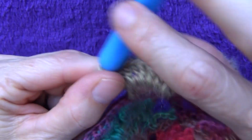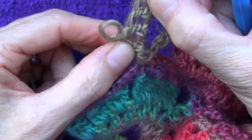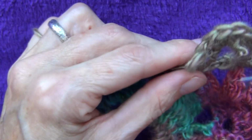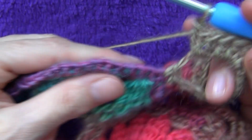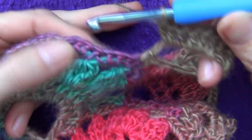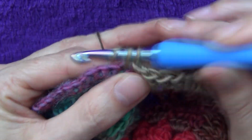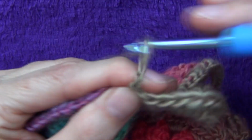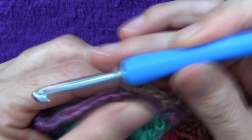Okay, so I've got my 12. I just try and straighten it a little bit on this chain. It evened out a little bit. Okay, and then you are going to do a single crochet in the next treble up here. So not that one, this treble here. You do a single crochet, chain 3 and single crochet in the next one, and then you turn your work around,